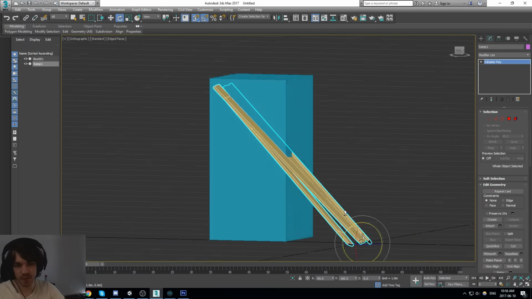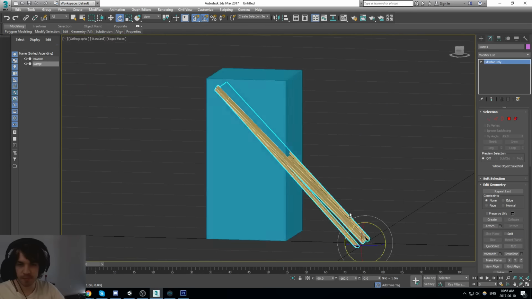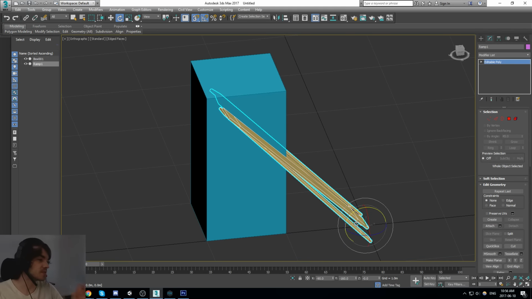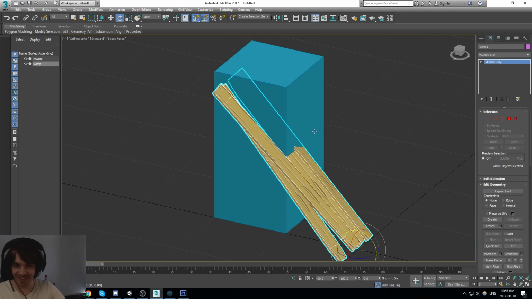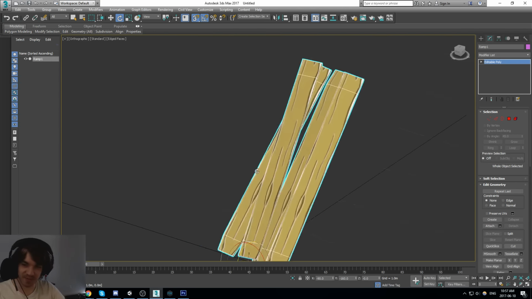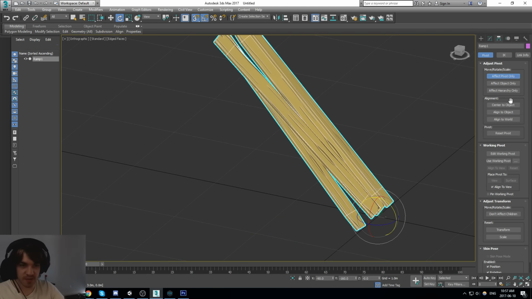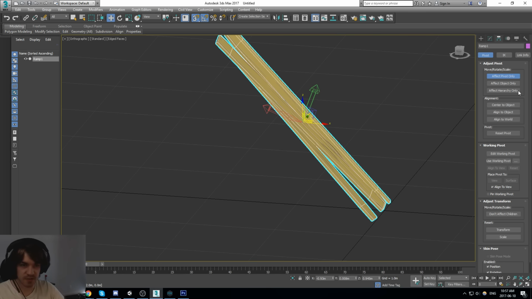Okay. Right. That might be a little bit steep, but it's not gonna look like that in our game at all. Again, let's reset the pivot point because we just affected the orientation of this thing. So, center the object.